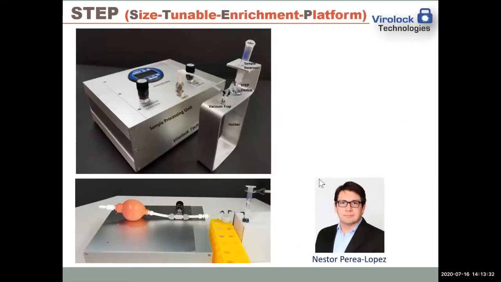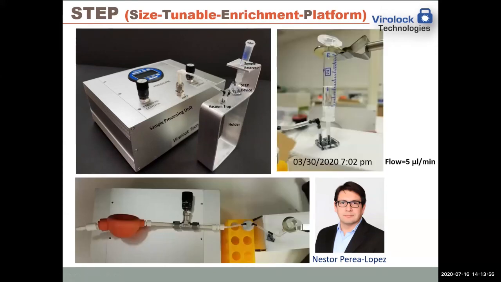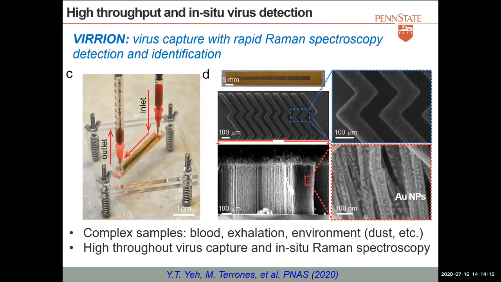So we have a startup on this, and we were working with Nestor on this, and we're trying to make these processing units so we can use them with a pump. This is with a mechanical pump, and we can also do it with a manual pump as well, for instance, for BSL-free facilities. And the idea here is that you pass samples through the device at very, very low volumes per minute, and enrich samples, and you can detect viruses, right? So we have some collaborations.